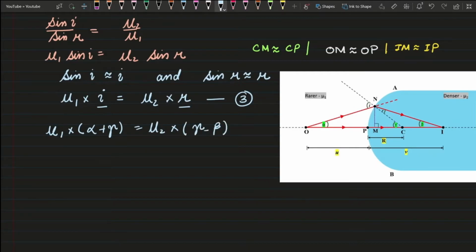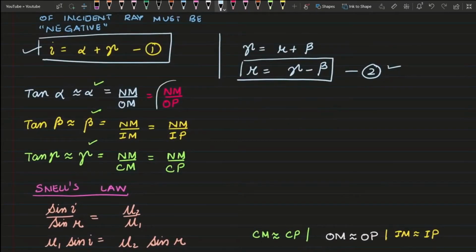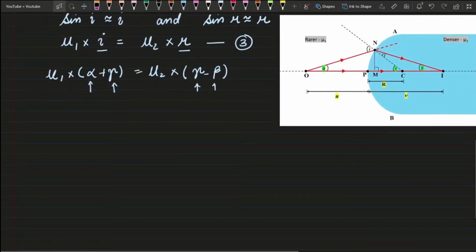Again, what I have to do is substitute the values of alpha, gamma and beta from our equations. In this equation, in place of alpha, beta, gamma, I can replace them with nm upon OP, nm upon IP and nm upon CP. So let's replace these values. So we will get mu1 into, in place of alpha,